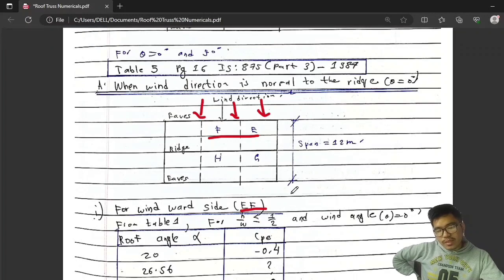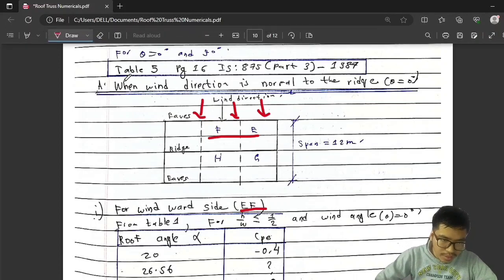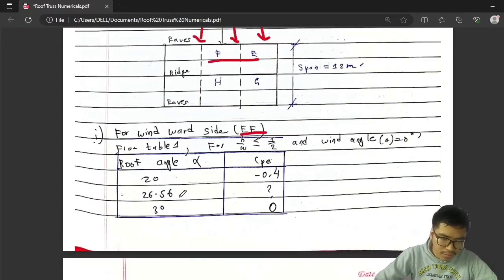Our value of H by W is 6 by 12, that is 1 by 2, which is less than or equal to 1. So from table 5 of page 16 of IS 875 part 3 1987, and for this